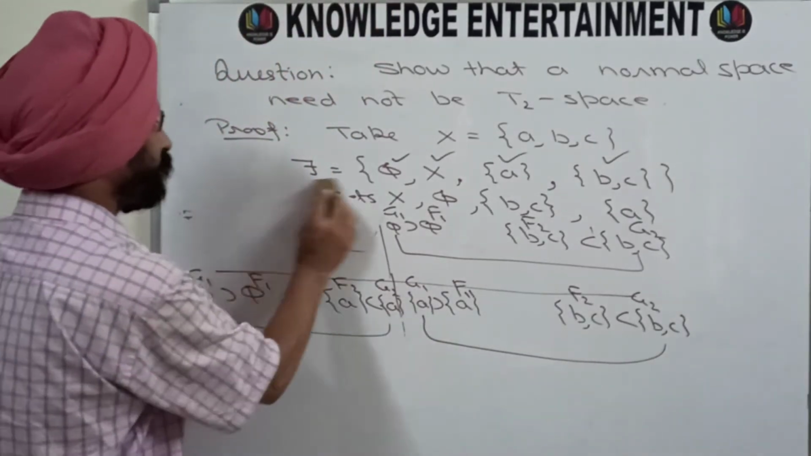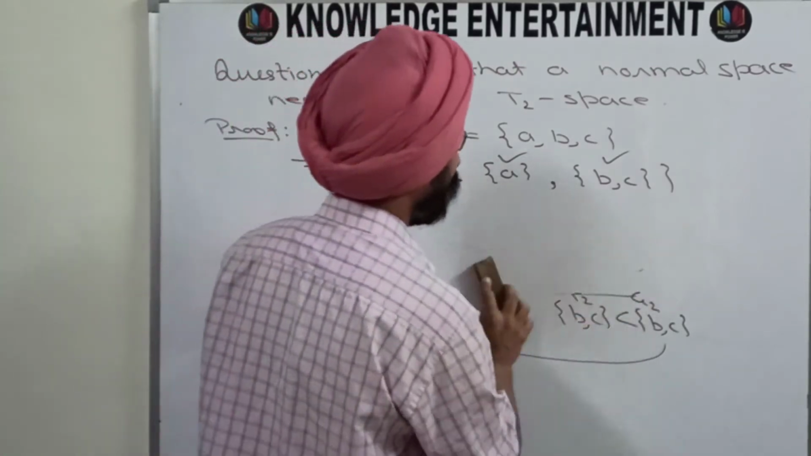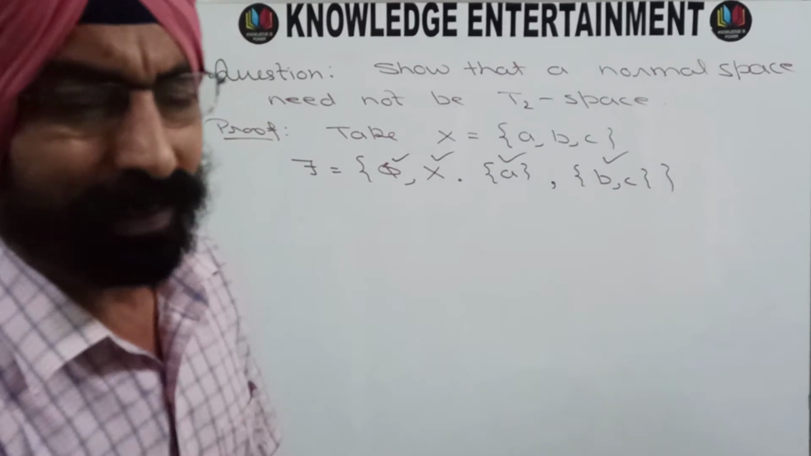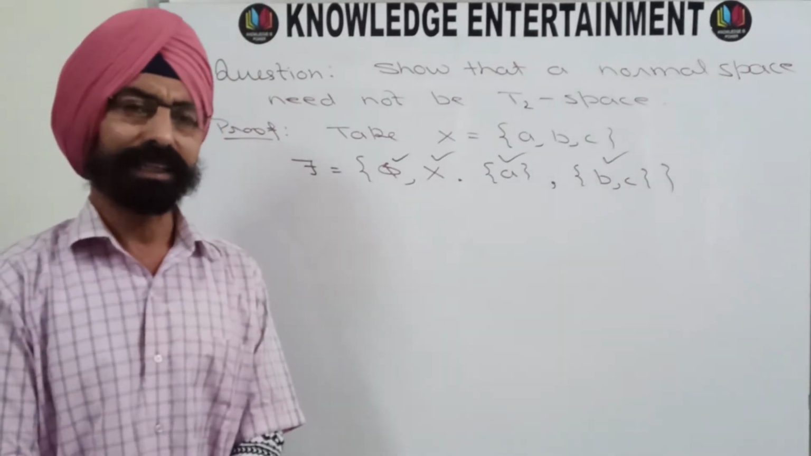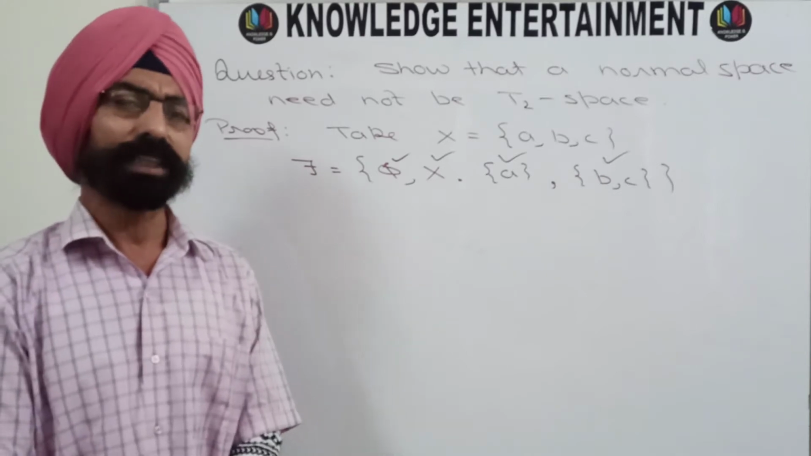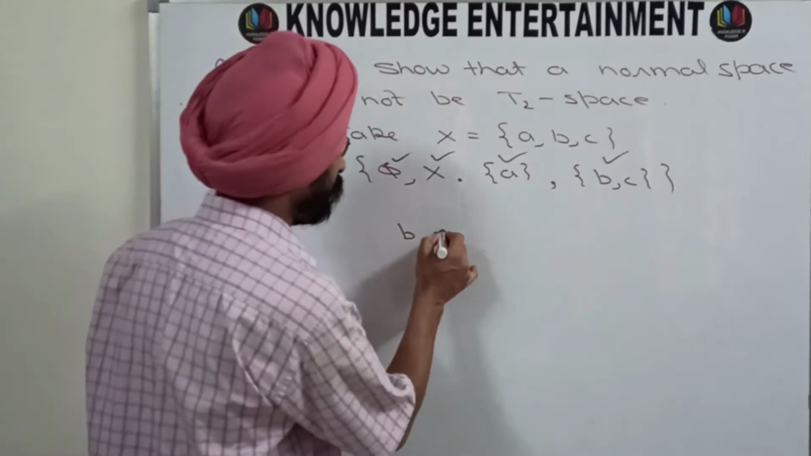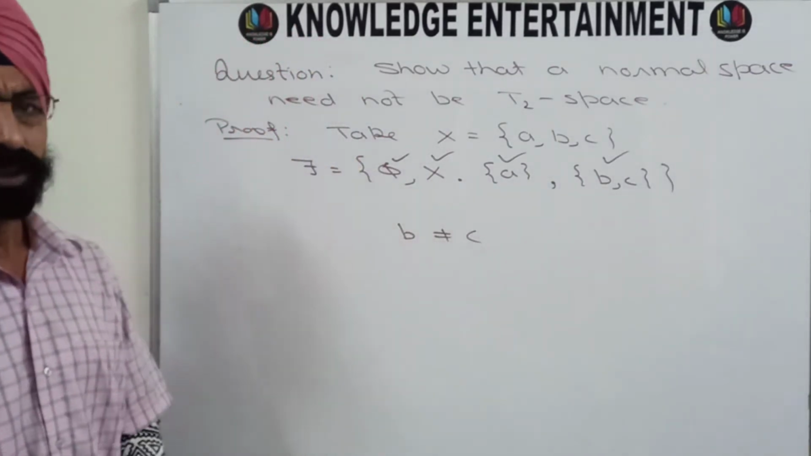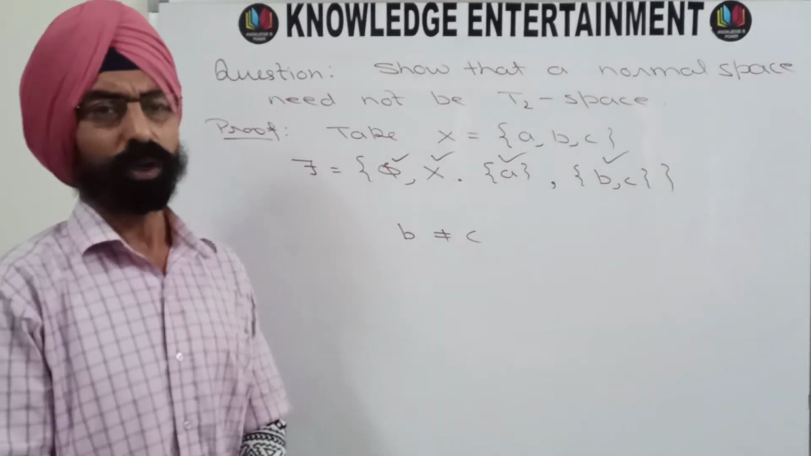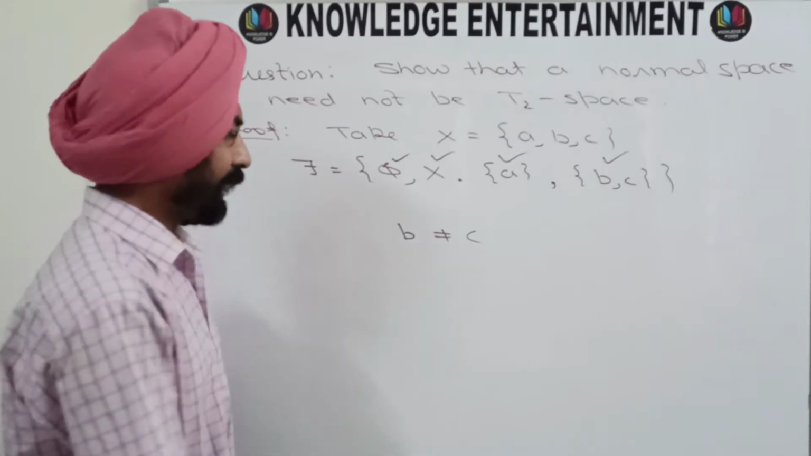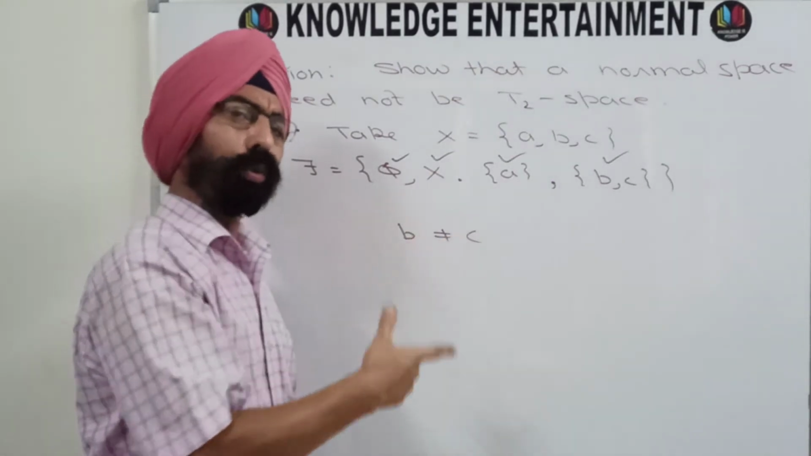Now we will show that this space is not Hausdorff, it's not T2. And to prove that, we will have to find two distinct points from the set X such that there does not exist a pair of disjoint open sets containing them. And it's very easy. You take one point as B, other point as C. So what you need now, if the space is to be T2, Hausdorff, you need an open set containing B not containing C, and an open set containing C not containing B, and the two open sets must be disjoint